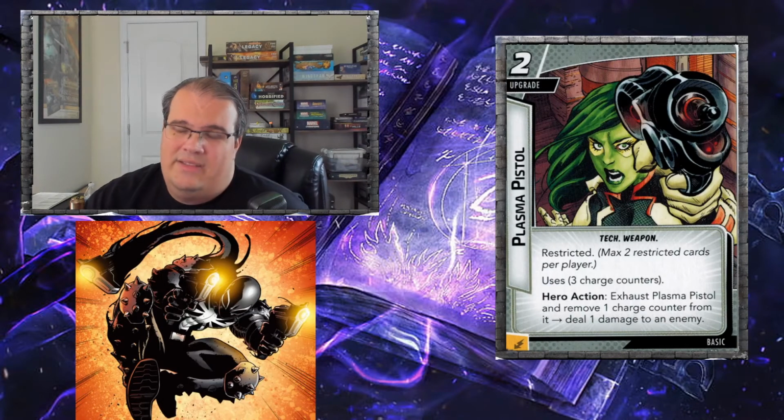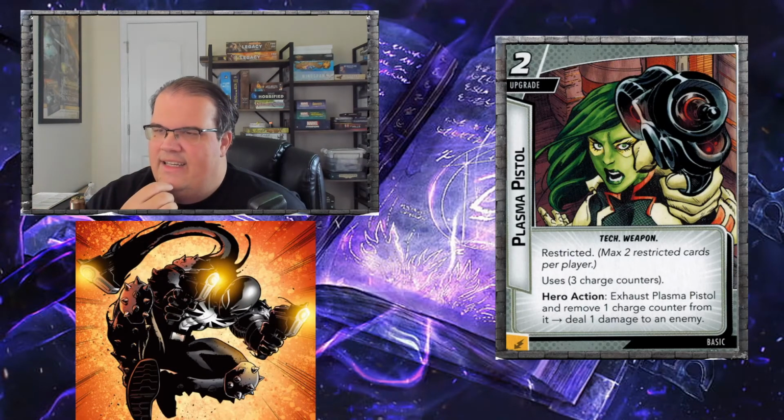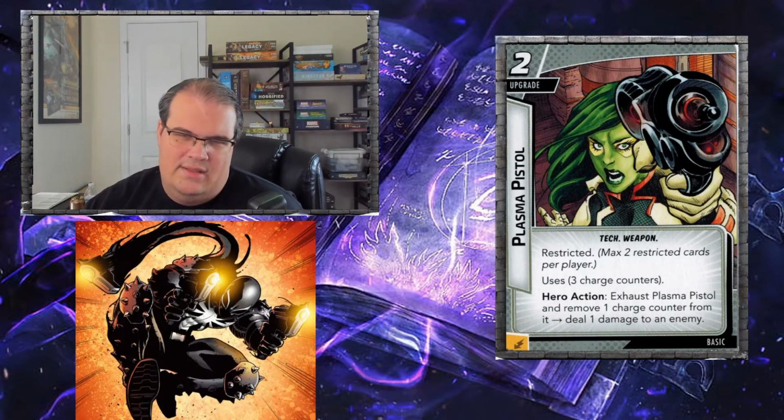Plasma Pistol. I've seen some talk about this online. The 2 cost upgrade weapon, 3 uses, it's restricted. Exhausted to remove 1 counter to deal 1 damage. So essentially it does 3 pings of 1 damage. This is not that effective. It can pop tough statuses off. It can maybe deal with shields or something along those ways. Other than that, I don't see the